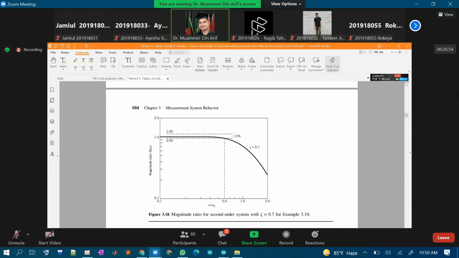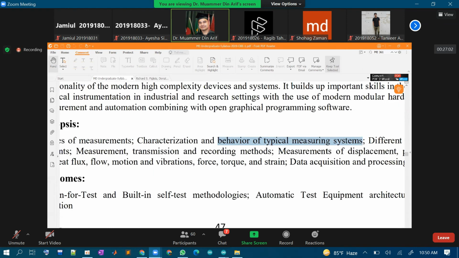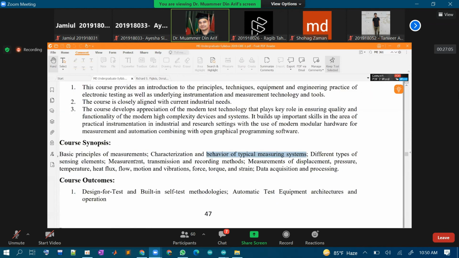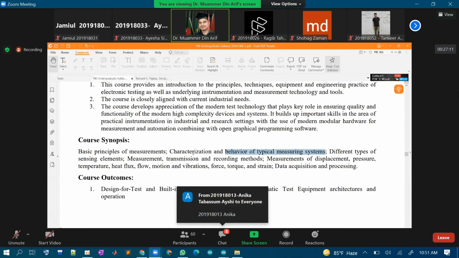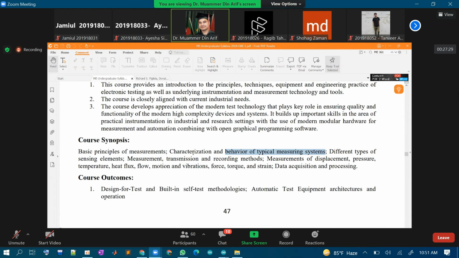ওকে, সো দিস ইজ আওয়ার এন্ড ফর টুডে ক্লাসের। আমরা অনেক দূর শিখলাম, আমরা আবার একটু আমাদের সিলেবাসটা দেখি। We will always align ourselves with the syllabus. So, characterization and behavior of typical measuring systems. Characterization হলো ওই যে তিন type: zero order, first order, second order. আরো অর্ডার আছে, বাট এই তিনটা আমরা বেশি পড়ি। আর আরেকটা ব্রড ক্যাটাগরি আছে, স্ট্যাটিক অ্যান্ড ডায়নামিক মেজারমেন্ট সিস্টেম, ওইভাবে আমরা বলতে পারি আরো ব্রড ক্যাটাগরি। জিরো অর্ডারটা কিন্তু অ্যাকচুয়ালি স্ট্যাটিক, আর ডায়নামিক হলো 1 থেকে অ্যাবাভ আপ টু nth